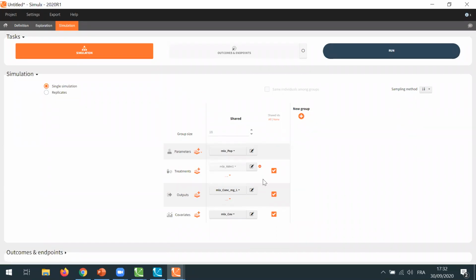And you can see that some elements are already selected by default, such that everything is ready to resimulate the same project as in Monolix, with the same group size as in the initial data, new parameters that will be drawn from the population distributions estimated in Monolix, a table of doses and a table of covariate values that come from the initial data, and as output, the concentration with residual error, with the same measurement times as in the initial data.